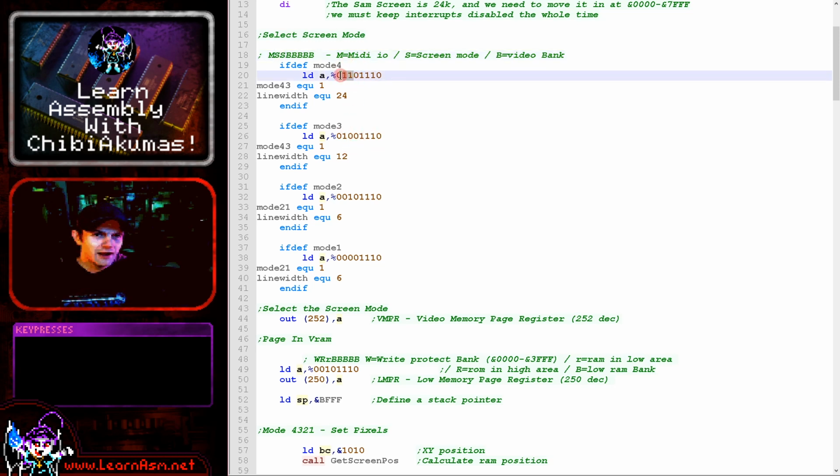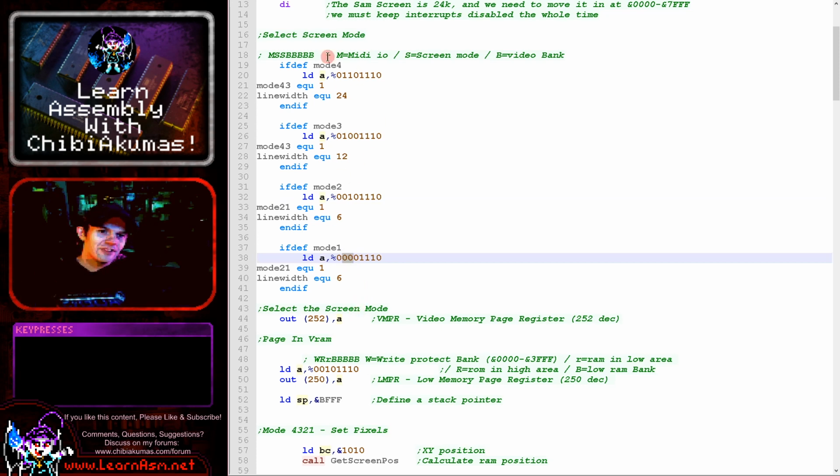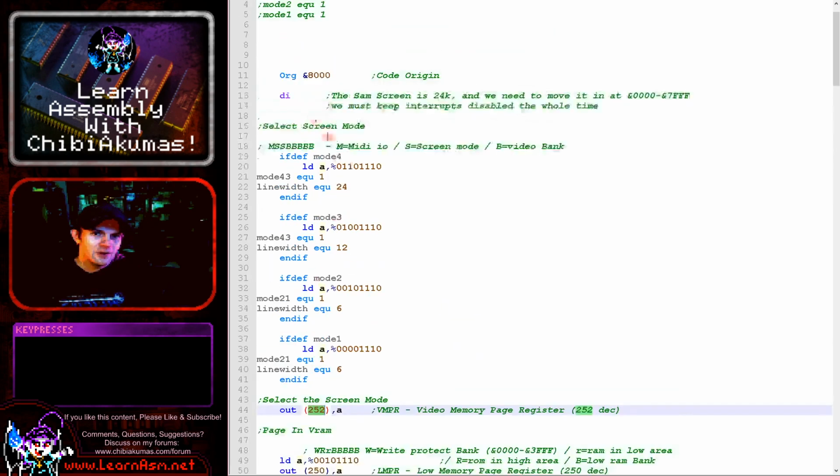So mode 4 has this set to 3. Mode 3 has it set to 2, mode 2 has it set to 1, and mode 1 has it set to 0. I nearly got that the other way around. So that's the 2 bits that we need to define to change the screen mode, and then we need to send that to port 252 here. Now you will notice we're disabling interrupts here, and you'll also notice that the code is at address 8000 here,